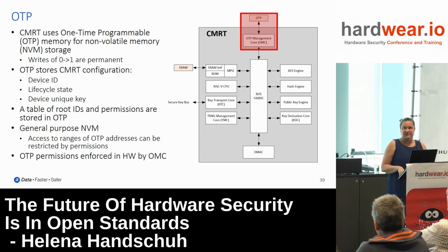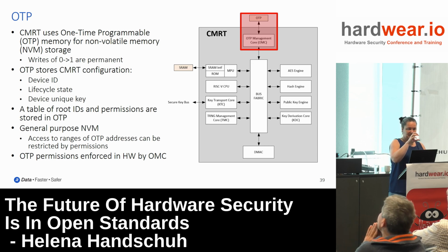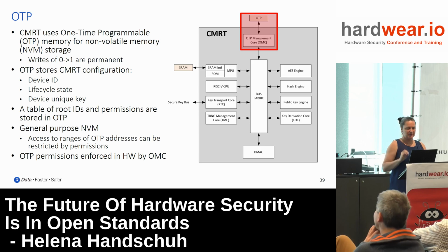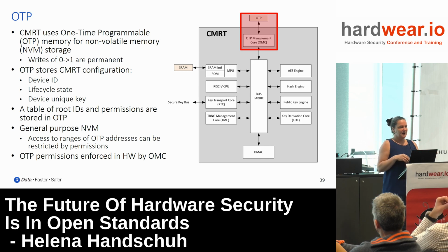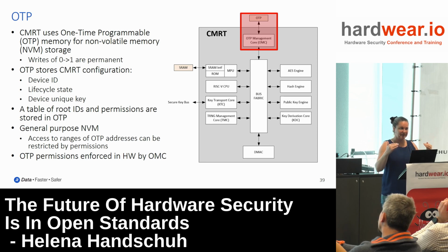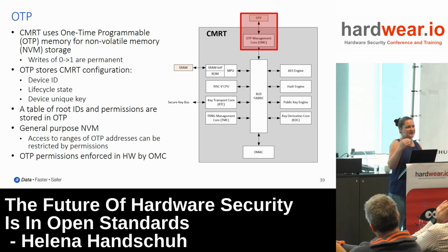And it also has a device unique key. So this is kind of a little key that you start off from and derive all the other keys from. It has a table of root IDs and permissions. So that's the part that's stored in OTP. Each root has a set of specific permissions associated to it. It's a multi-root device. And all of the permissions are usually at the highest level, and then you downgrade after that. So the root has the highest privileges, and whenever you delegate permissions to someone else after root, those permissions have to be a subset, equal or smaller to the ones that the root had originally.